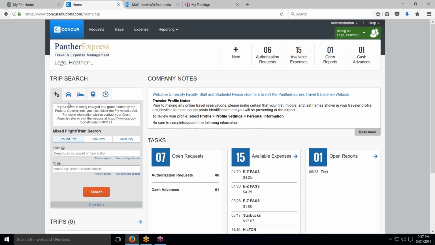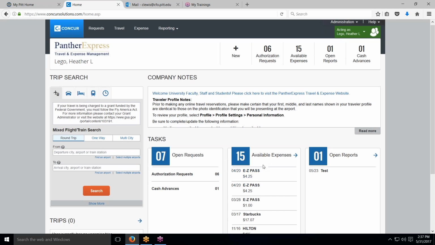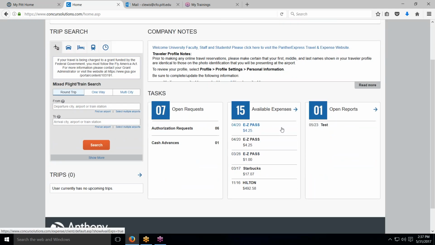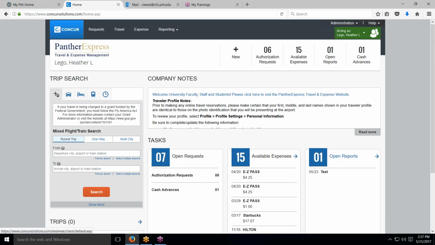Keep in mind that when you are in as a delegate and you're viewing expenses or open reports, you're only seeing the information for that particular person. I'm only seeing Heather's expenses. I cannot copy these expenses to another person's dashboard, and I cannot copy someone else's to Heather's. If I open up a report,